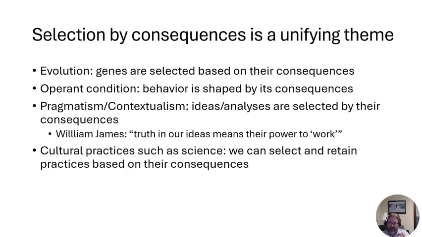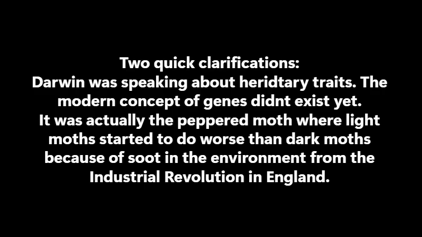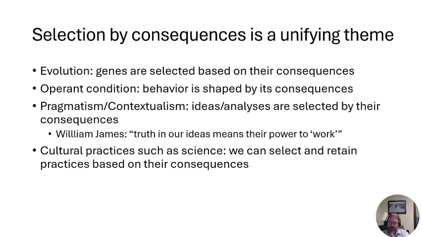Like with the Industrial Revolution, there was an impact on different rates of butterflies surviving based on the kind of patterns that they had. So we see this idea that genes are selected based on their consequences in evolution,